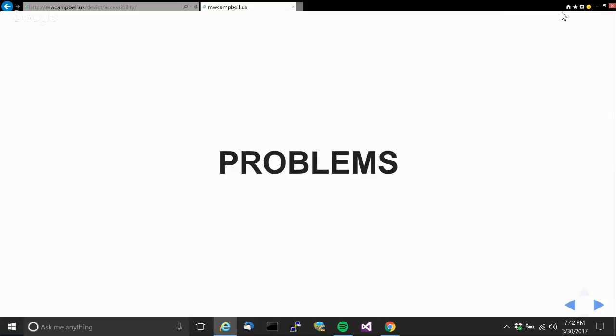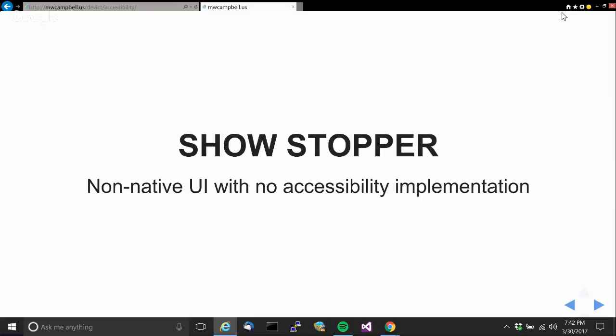So how can accessibility go wrong? Aside from the little bugs in my screen reader that I noted in passing, the things that I've demoed so far all worked. So the real showstopper is when an application implements its user interface using non-native controls and doesn't implement the platform's accessibility API.